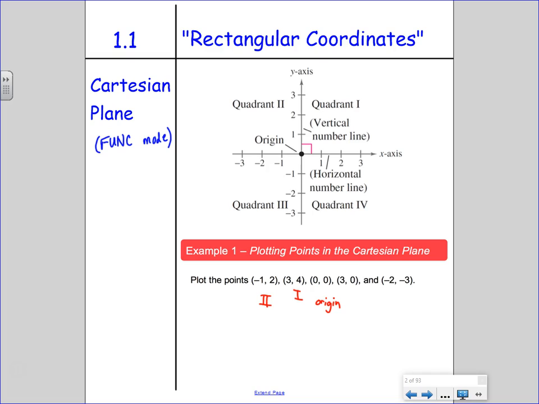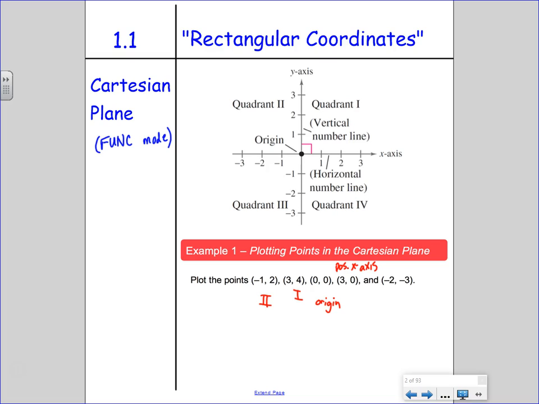X-axis. Almost. I agree. It is on the x-axis. But to distinguish exactly what part of the graph it's in, I was looking for one more qualifier. How would you describe that side of the x-axis? The positive x-axis. Does that make sense? 3, 0 would be right here, right? It is on the x-axis, but it's on the positive x-axis, on the positive side. You're specifically telling me the location. So, positive, I'm running over,